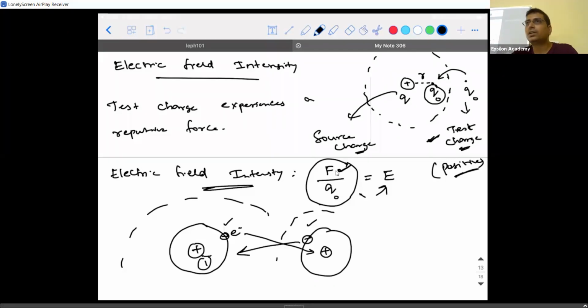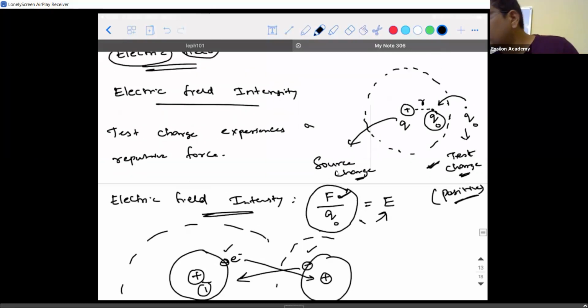There will be an electron-electron repulsion and a nucleus-nucleus repulsion. Why is it happening? Because this nucleus has the same charge as the other nucleus, because they both are similar type. In a similar way, if I take this as one hydrogen atom and this as one hydrogen atom,